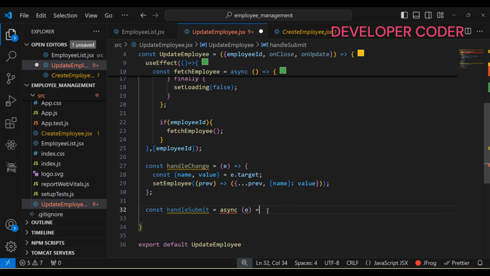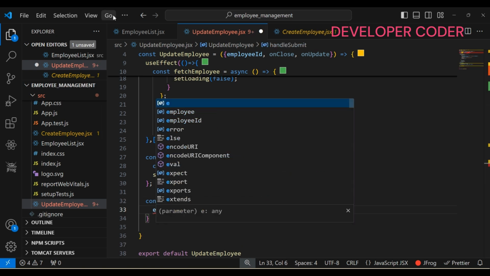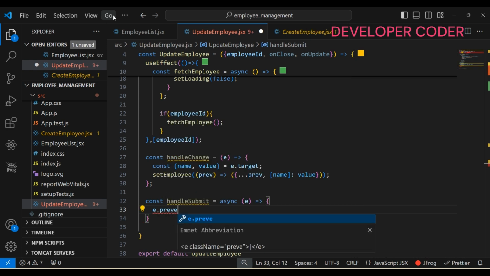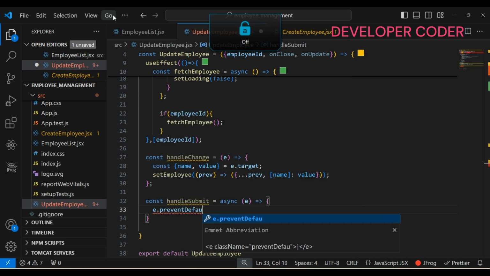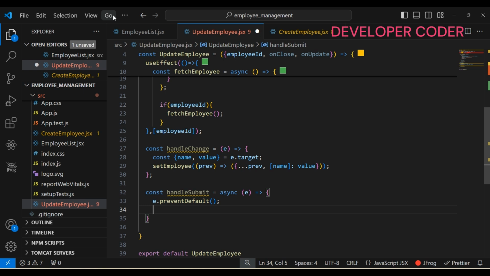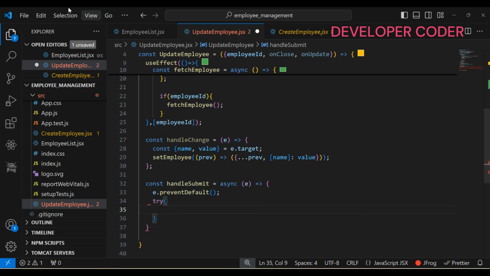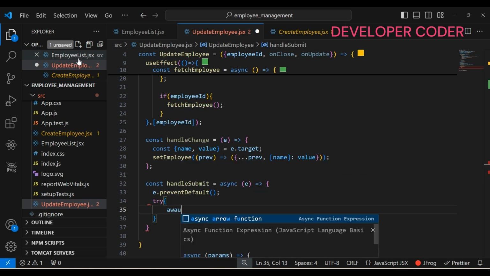So for this, inside this I need to write, first of all, e dot prevent default, same thing that we did previously, right? E dot prevent default, and then after that in the try block, await